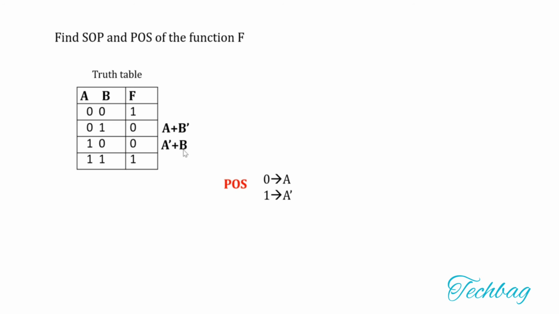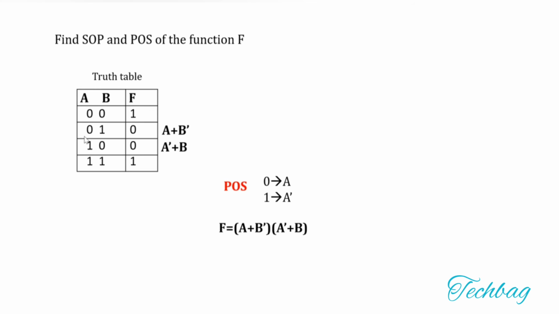Next you have to take a logical product of these sum terms. So your expression f is equal to A or B complement and A complement or B. So this is the product of sum expression for this function f. The corresponding max terms are here 0, 1, max term 1, and 1, 0, max term 2. So you can write this function f as f is equal to product of max term 1 and 2.